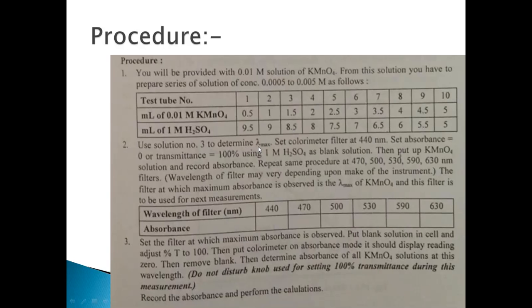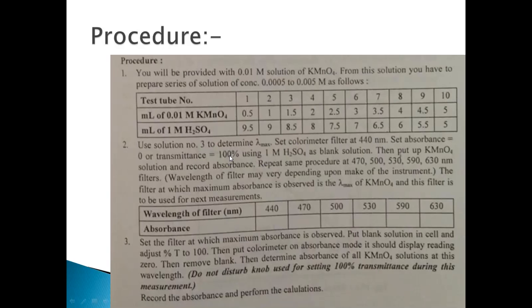For determination of lambda max, first of all we have to set the minimum filter. What is a filter? A filter is the wheel which contains filters or glasses of different wavelengths. First of all we will set the filter at the minimum value. Here 440 is the minimum value filter. So set this filter, and then using the 1 molar H2SO4 solution, you have to set the 100%